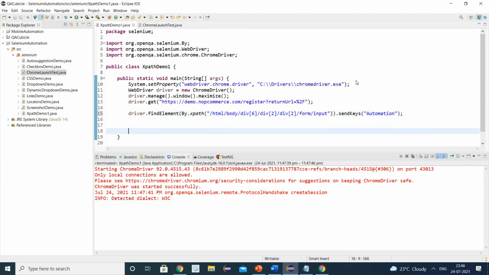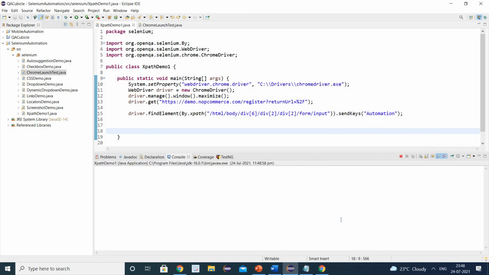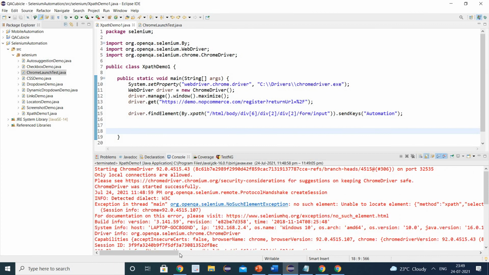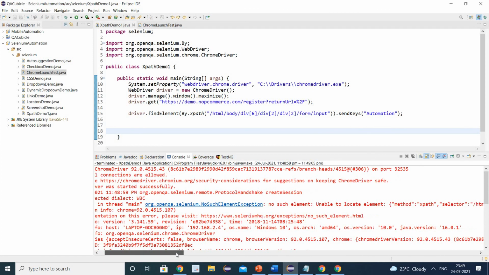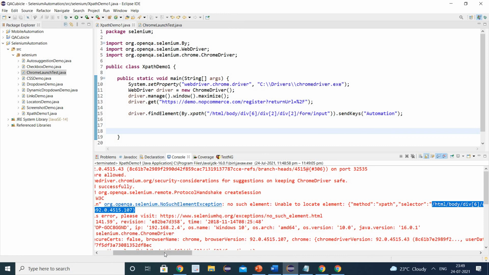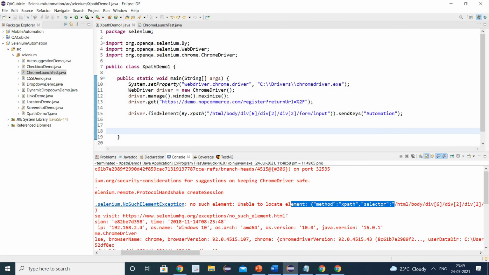And now when we try to execute this program, see what happens. Okay, you can see it is giving one exception here which says no such element exception. Our script is not able to identify the web element which has this XPath. So that's why our script is failing.